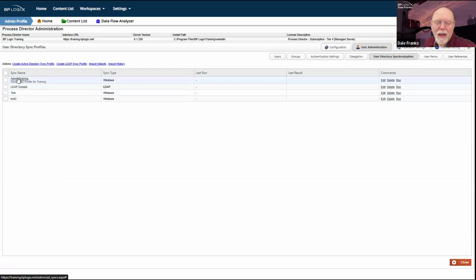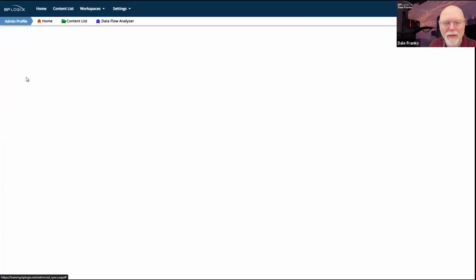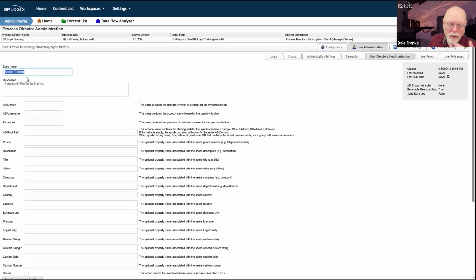And because it's Microsoft and they're special and standards don't apply to them, we have to do things in a slightly different way. So LDAP is the standards compliant method of synchronization. Active Directory is the Microsoft specific method. Active Directory, of course, is most common since most people are on Windows networks, and it's pretty easy to set up. You just have to create an Active Directory sync profile.